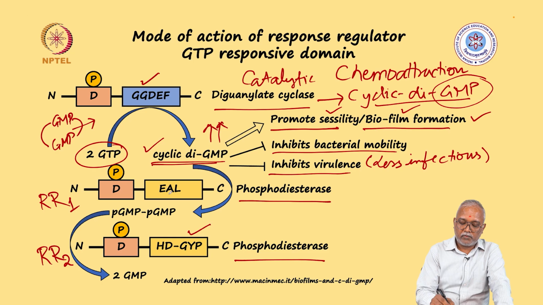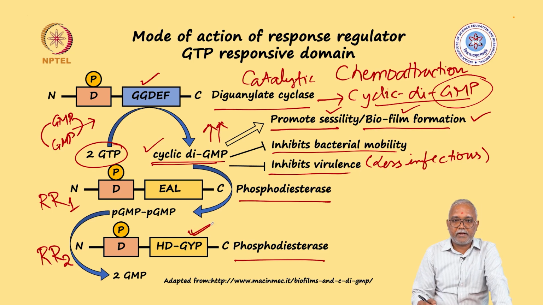So the first one, which has the EAL motif in its catalytic domain, will break down cyclic di-GMP into the linear di-GMP. Then you will have the other, HD-GYP motif containing response regulator, which will now break down this